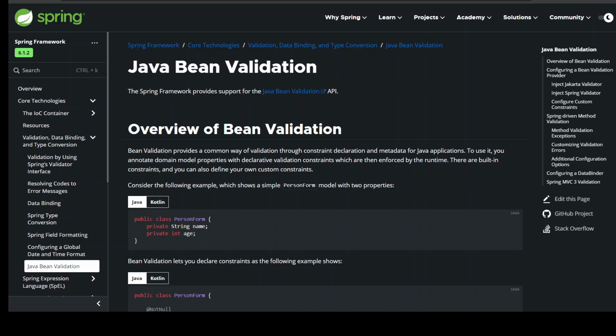To use it, you annotate domain model properties with declarative validation constraints which are then enforced by the runtime. There are built-in constraints, and you can also define your own custom constraints. Consider the following example, which shows a simple PersonForm model with two properties. public class PersonForm { private String name; private int age; } Bean Validation lets you declare constraints as the following example shows. public class PersonForm { @NotNull @Size(max=64) private String name; @Min(0) private int